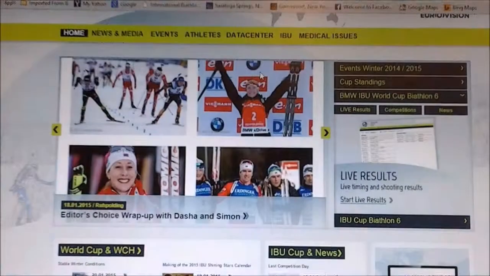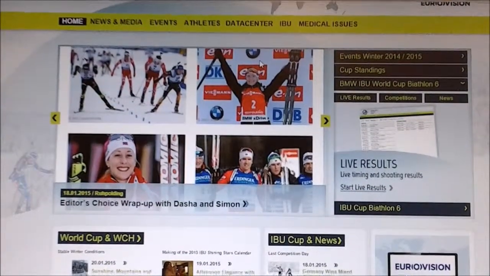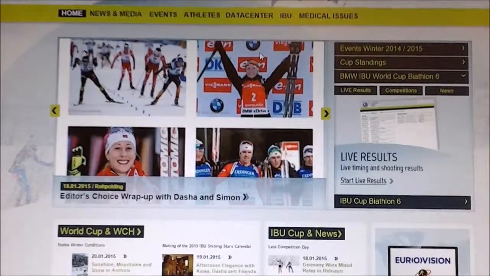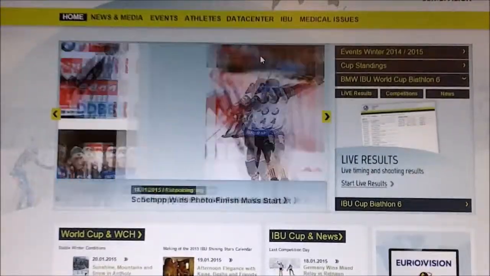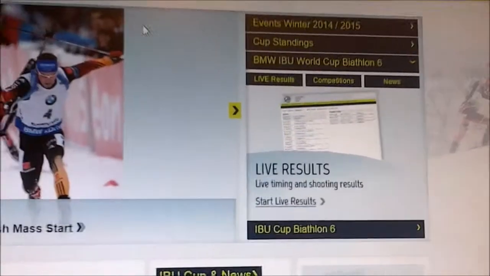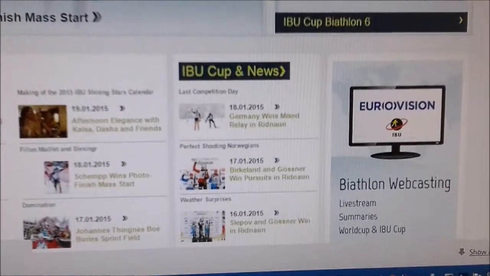Now, if you want to watch the race, you can also do that if it's being televised. The best thing to do is actually have 2 computer screens going at once. You can follow the live results and also watch the race. If you want to just watch the race like TV, you would go down, not to this top corner, but down below it to